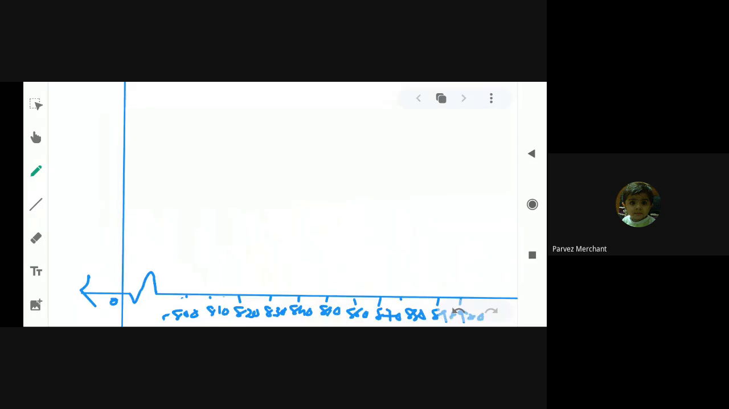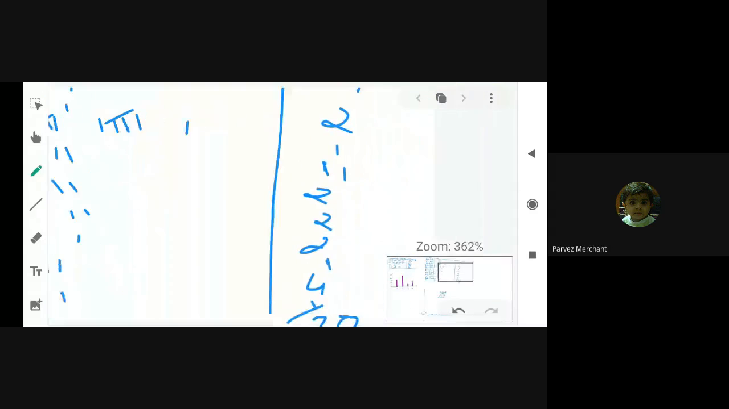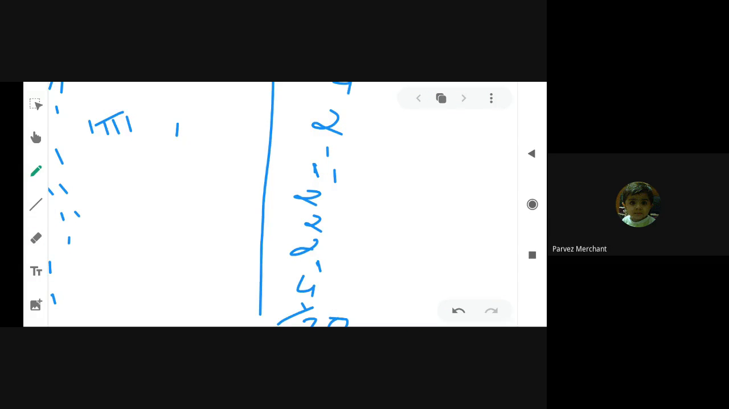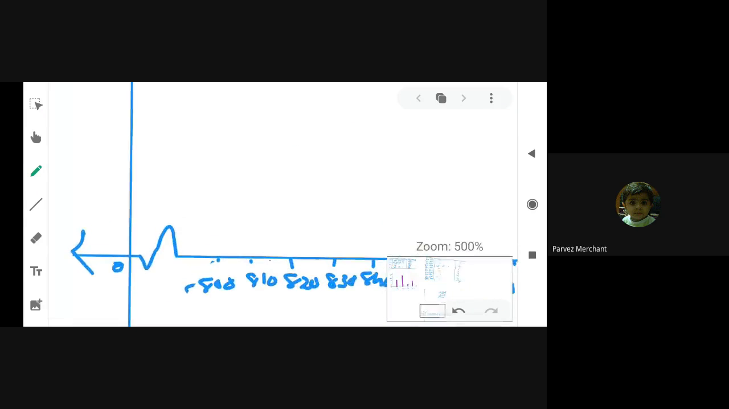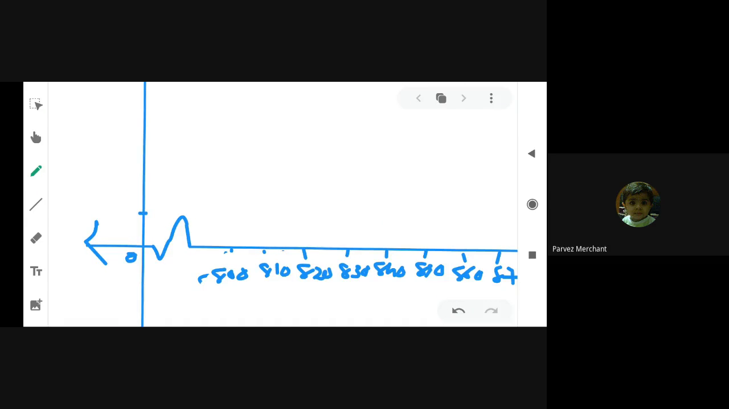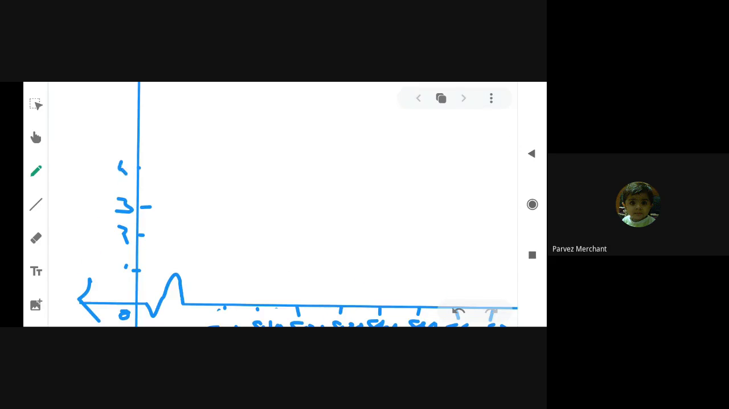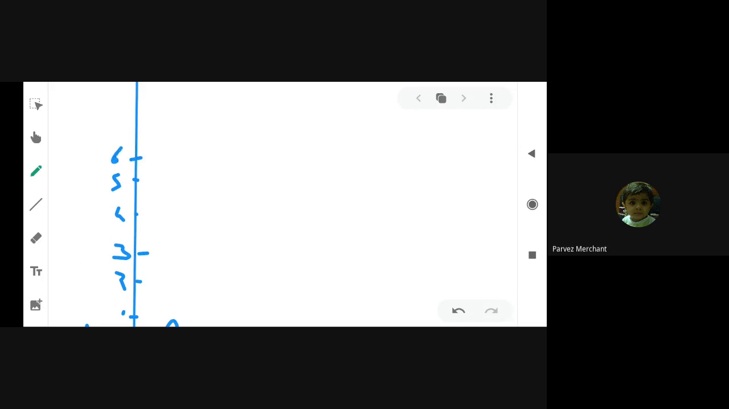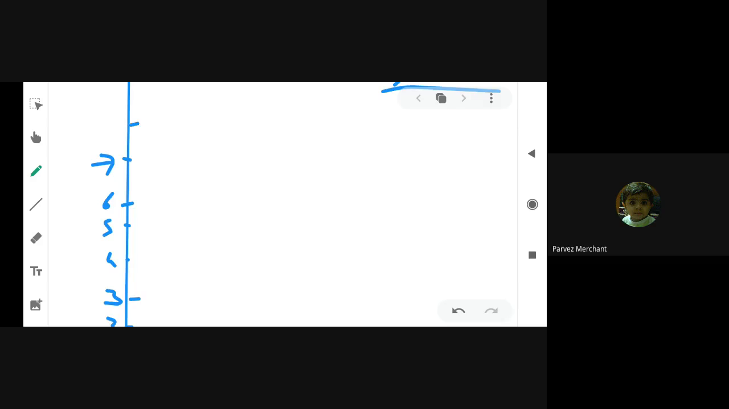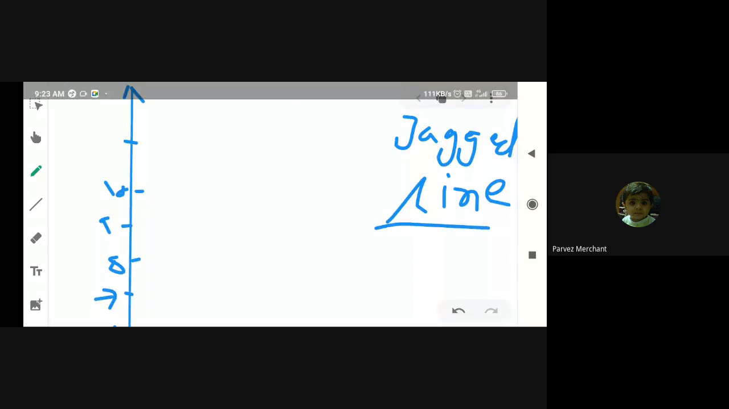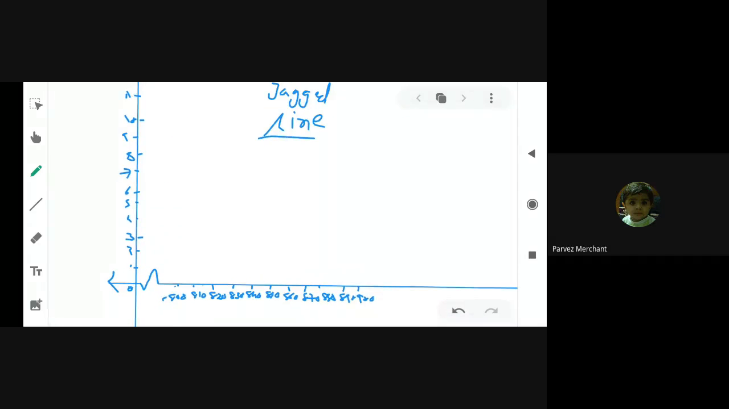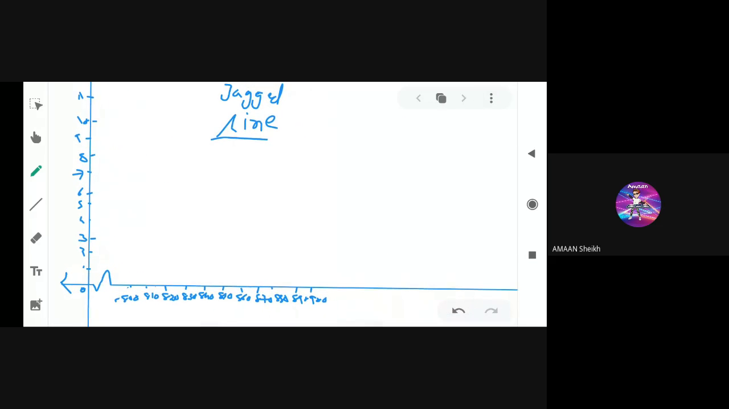Now on the y-axis, we have to write down frequency, and you can see the frequencies 4, 11, 2. There are maximum 11 frequency. So we are writing here all the numbers with the gap 1, 2, 3, 4, 5, 6, 7, 8, 9, 10, 11. Okay, boys. Yes, sir. Now you can see we have to draw